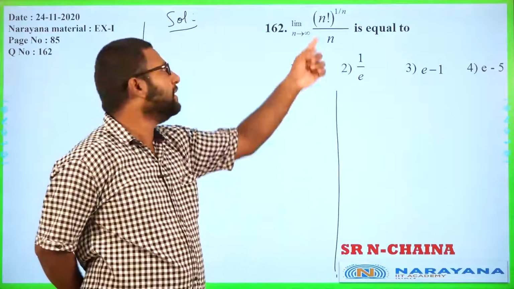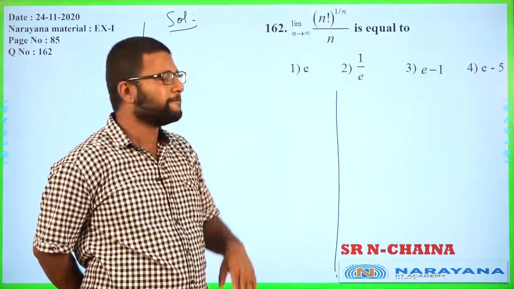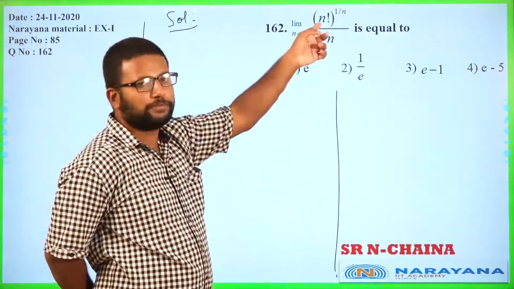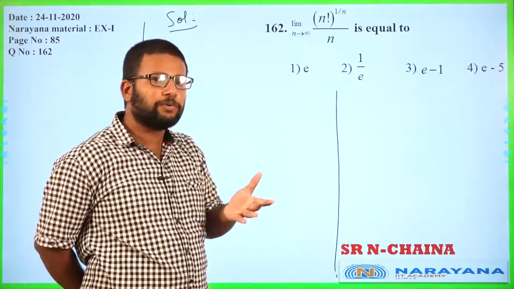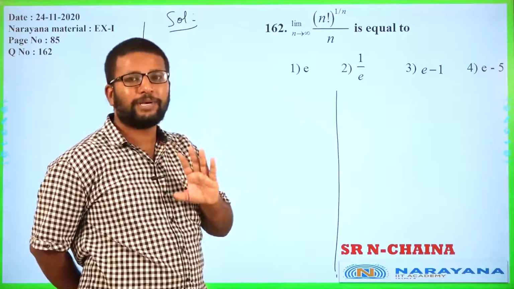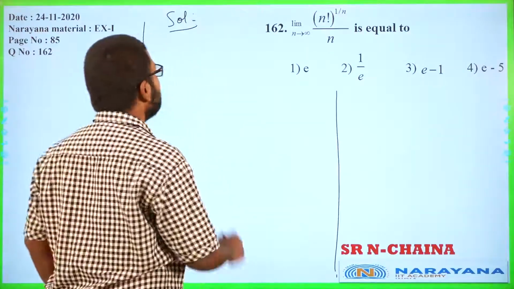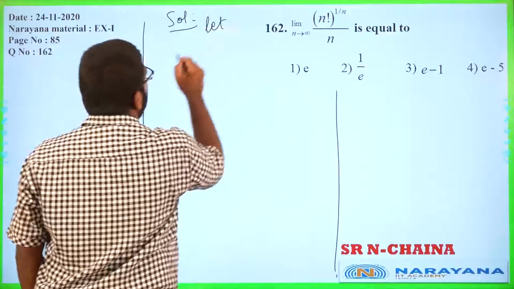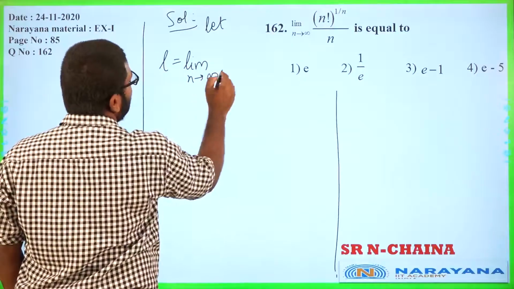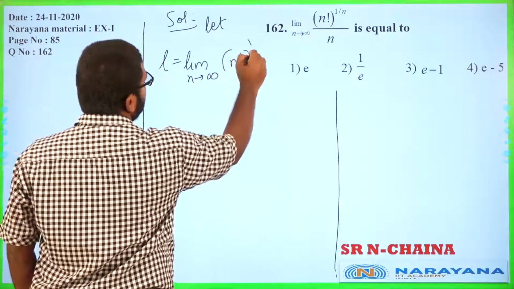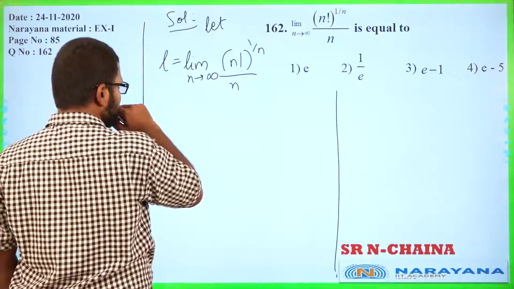Then second observation, n factorial is n into n minus 1 into n minus 2 up to 1, correct? So, this is actually a product of a lot of terms. So, if I want to convert a product into sum, what should I do? Log. Yes, I hope you understand. The way to convert a product into a sum is to take log. So, we will start with let L is equal to limit n tends to infinity n factorial raised to 1 by n upon n. Then